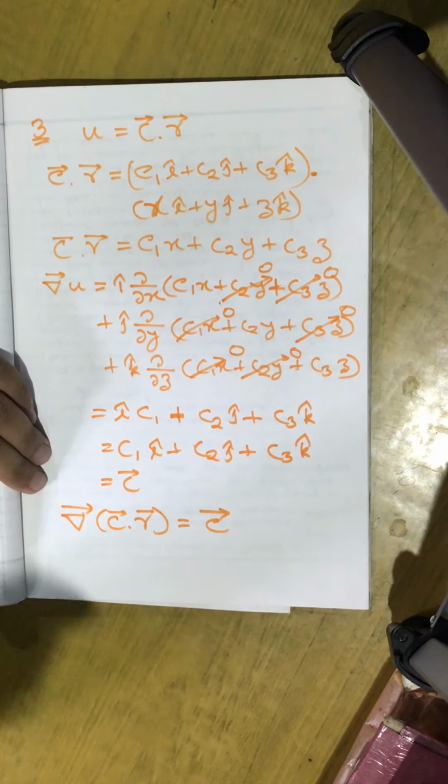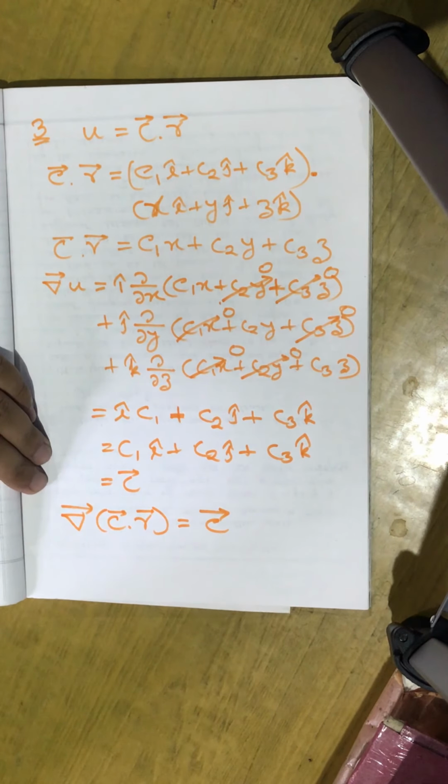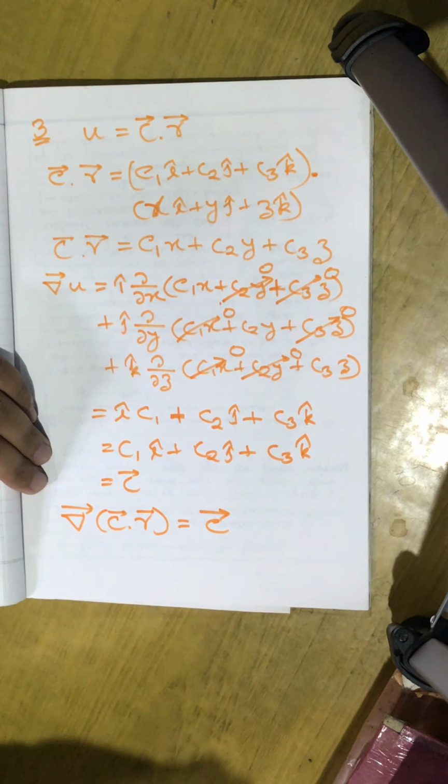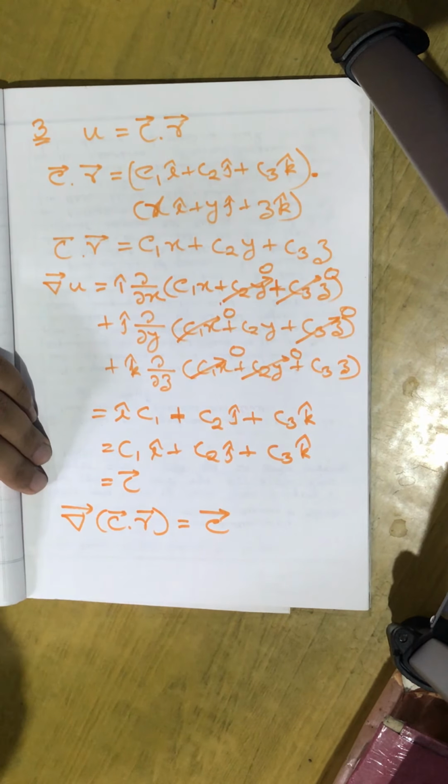I have already given this proof. Okay, so we finish this class here, and in the next class I'm going to explain to you the physical meaning of the divergence and curl of a vector field. In this class, I have discussed already the physical meaning of the gradient of a scalar field. In the next class, I am going to explain what is the physical meaning of divergence and curl of a vector field.